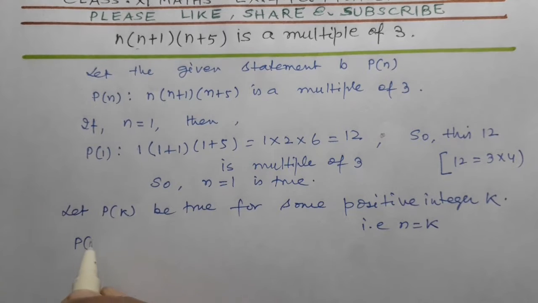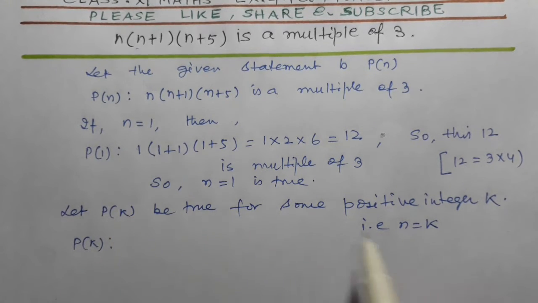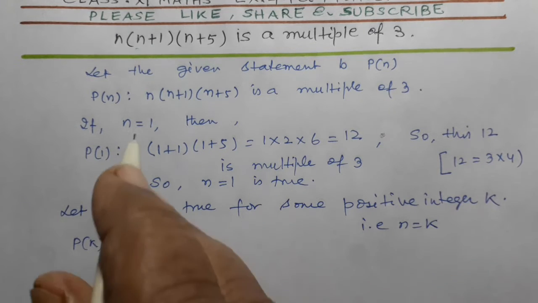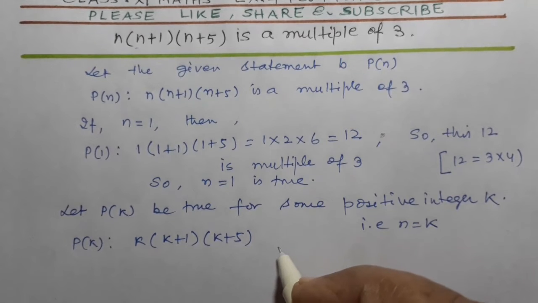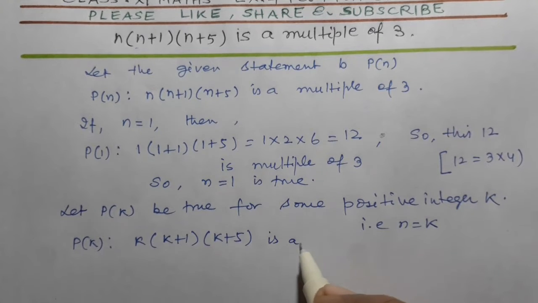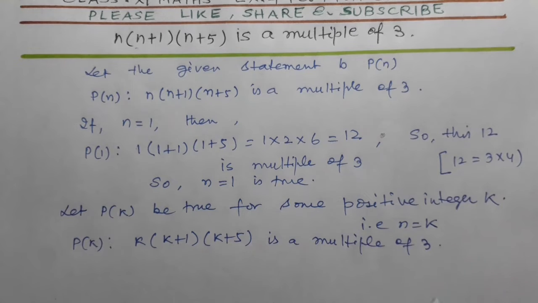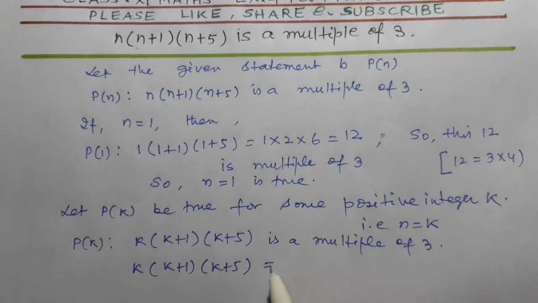So P of k will be such that wherever n is there, in that place we shall write k. So k into k plus 1 into k plus 5 is a multiple of 3. Now we can write this k into k plus 1 into k plus 5 equal to 3